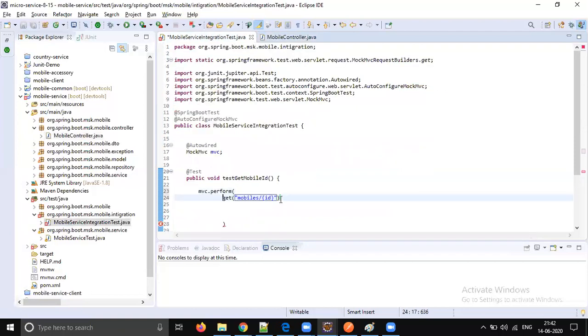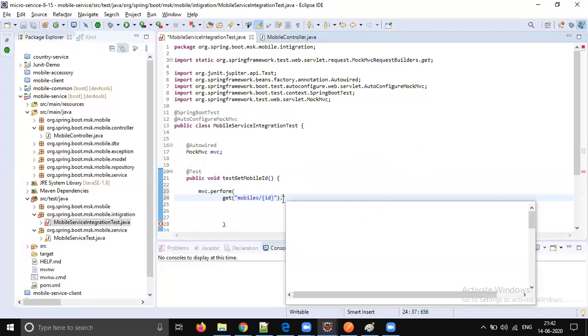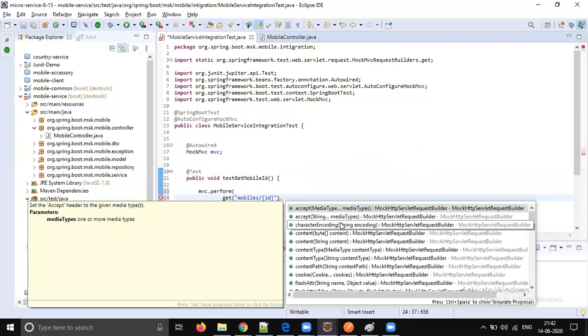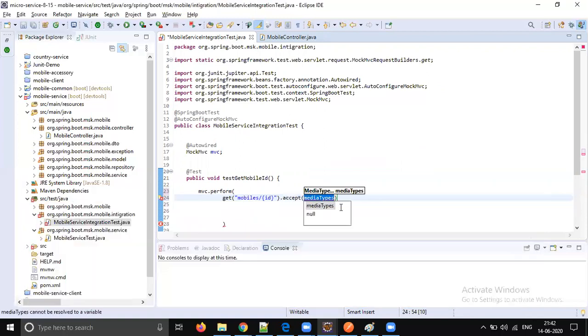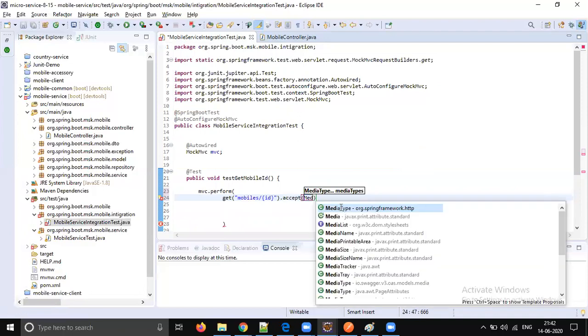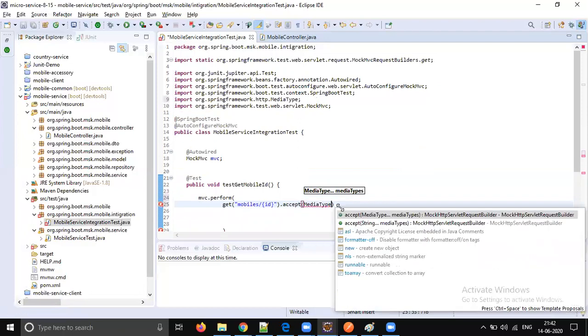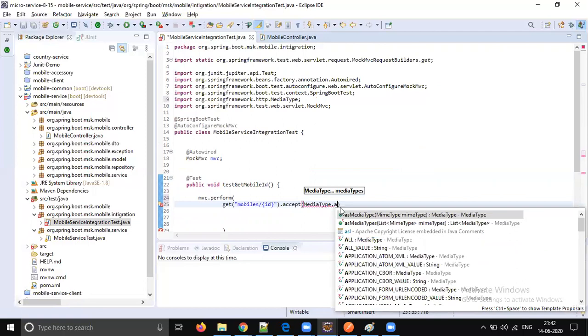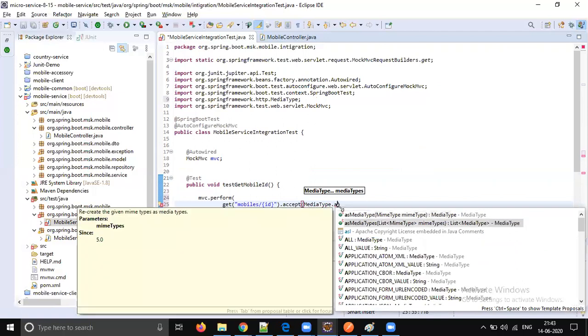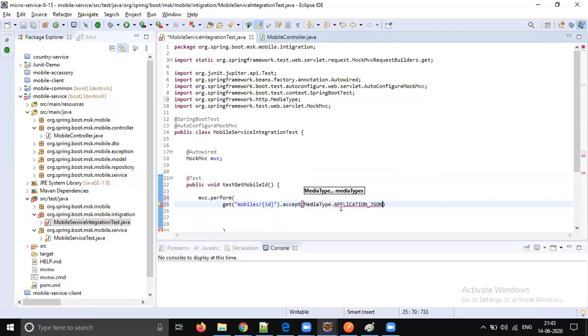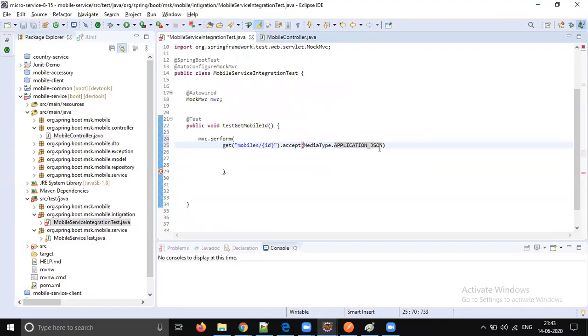Let's accept media type JSON data: media type dot application slash json. So we are calling this API and we are expecting a JSON response back.